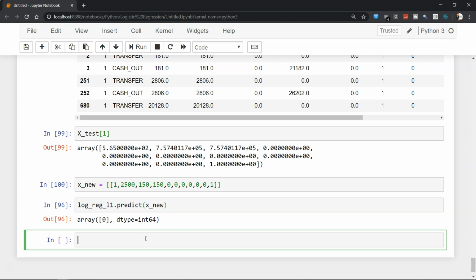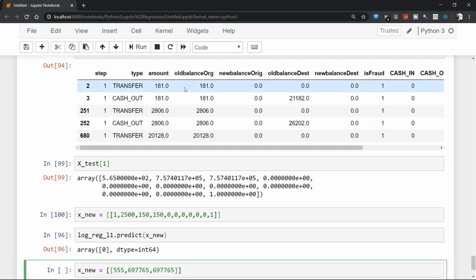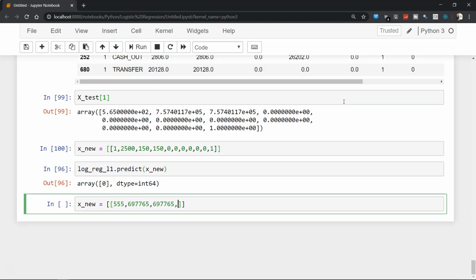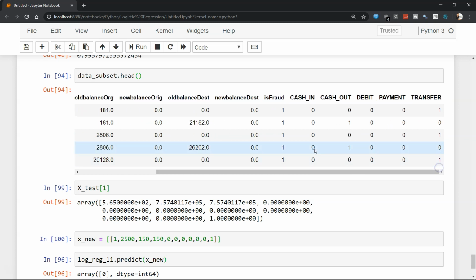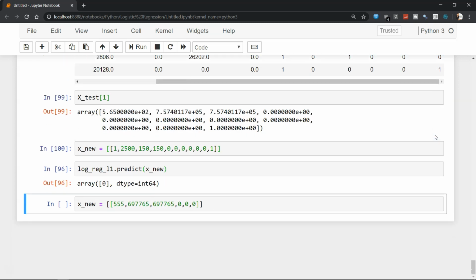Now we can probably take one more value, x_new equals, let's say 555 as the first value. Another value is 697765, which indicates the amount and old balance, and then 0, 0, 0 for the old balance and the new balance, and then 1, 2, 3, 4, 5, 1.